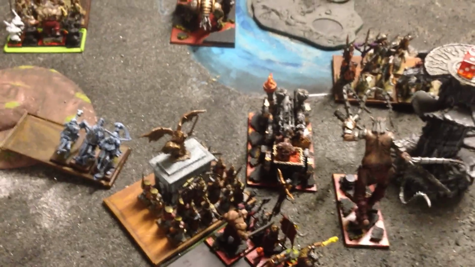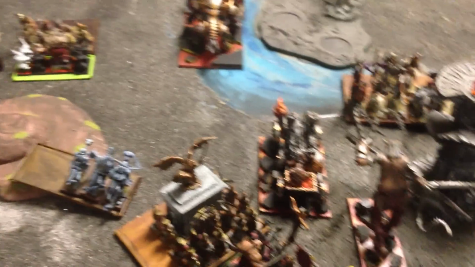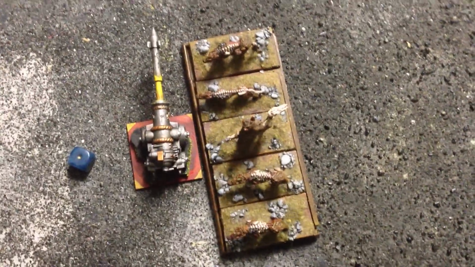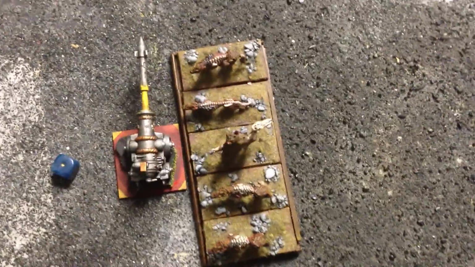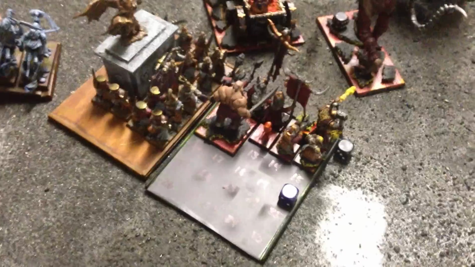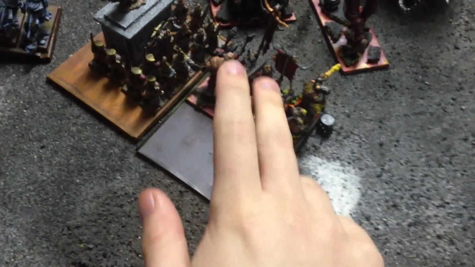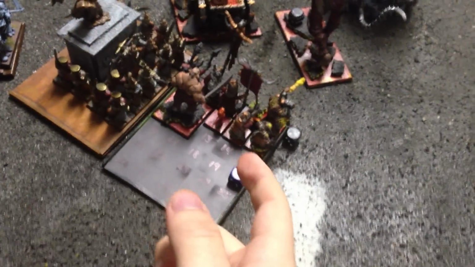Magic phase. I don't think anything really happened. They were under Ash Storm, so nothing did happen. Shooting, there's no shooting in either army really these days. Combat: dogs killed 2 crew, but crew stuck around. Here, Graveguard, only 2 models were touching, so we killed each other's champions,